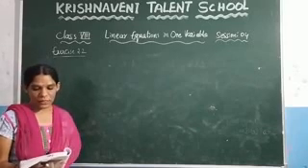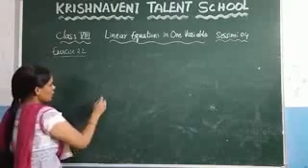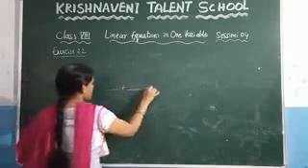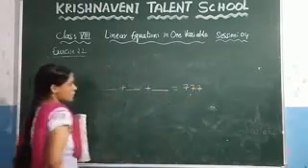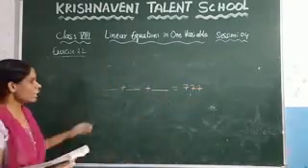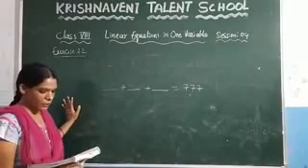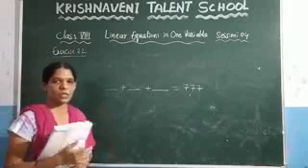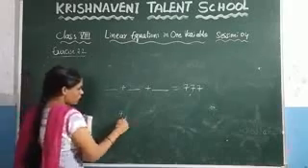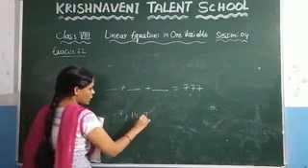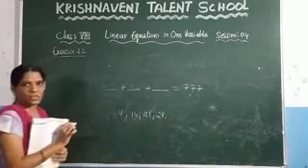The sum of the three consecutive multiples of 7 is 777. So here, if you take the sum of the three consecutive multiples of 7, you have to get the result as 777. And they are asking what are those numbers. So what is given? The sum of the three consecutive multiples of 7. So what are the multiples of 7? You know that 7, and after that 7 2s are 14, 7 3s are 21, 7 4s 28. These are the multiples of 7.